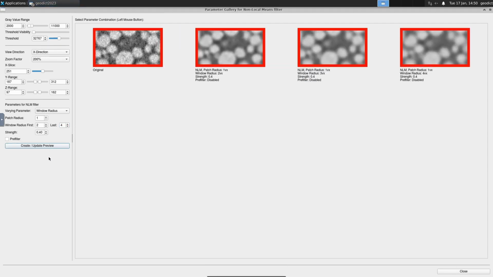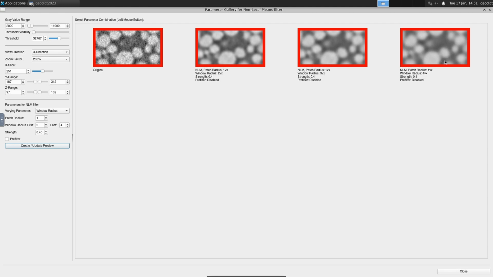So now we have a new preview with the original and different selections for the window radius. The original is still noisy, which is clear, and then one can see that maybe here the window radius of 2 is a bit noisier than the others, so there is a bit more to see inside of the grain, but also the others start to get blurry quite fast.